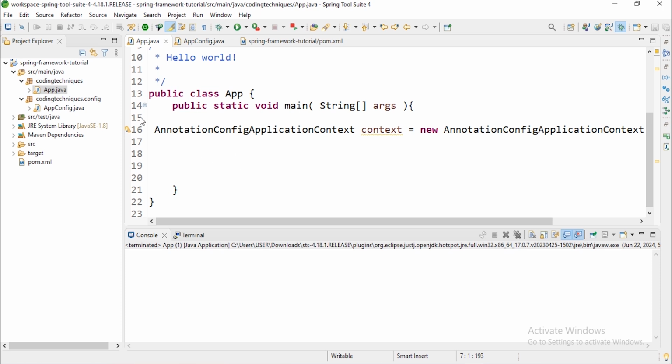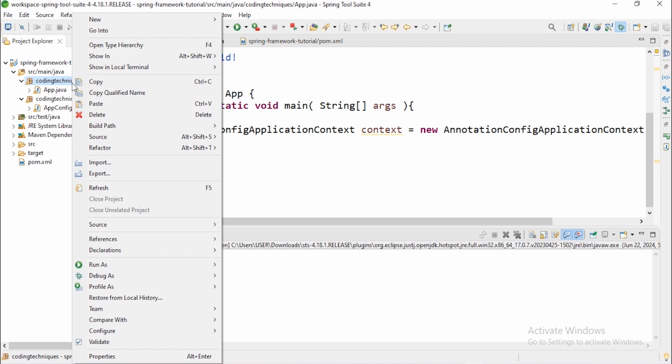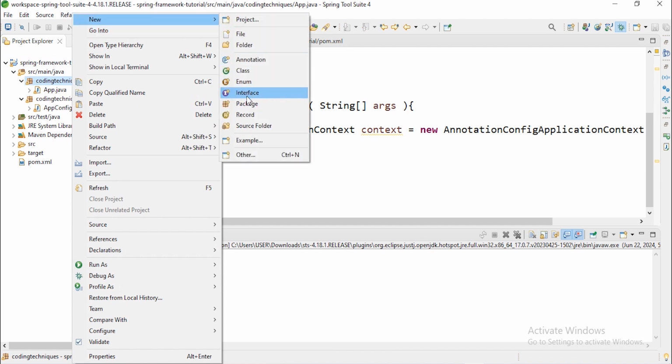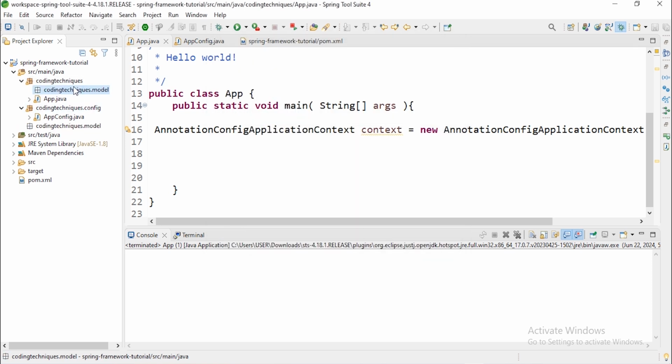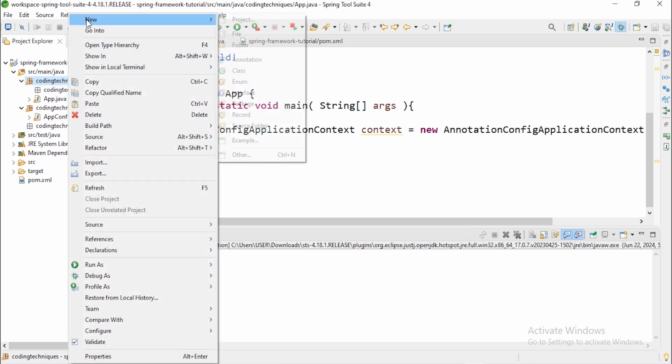You can see now we will organize our classes based on the function of the class. So now let's have the packages. The package, we will have a model that represents the data transfer object, and we will also have the service